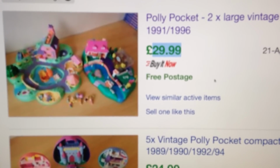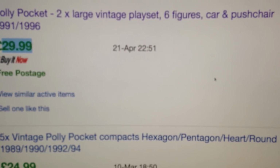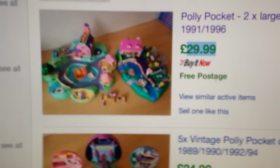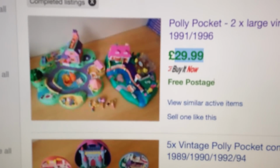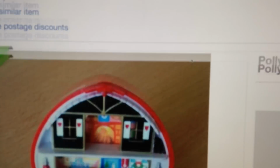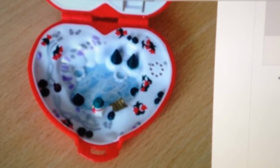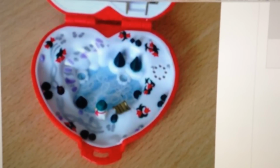I did start them a bit higher, but I reduced them, and they eventually went. So that's everything that's sold, which is virtually all of it. There is one little compact left which hasn't sold, which is this one. It's like a Christmas themed one. It's like a snow scene inside a red love heart, and it does have the little snowman figure right at